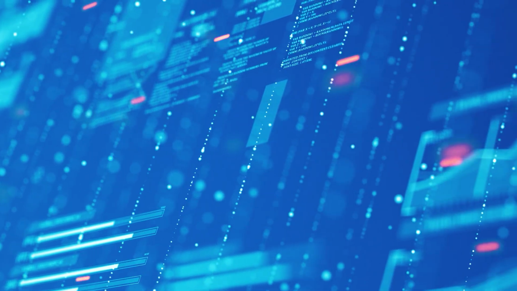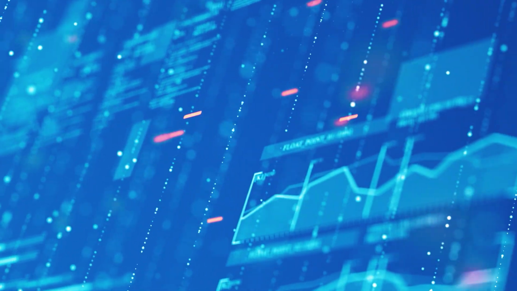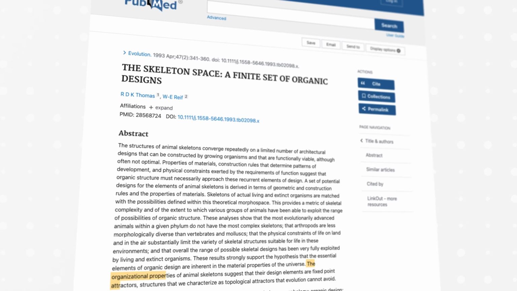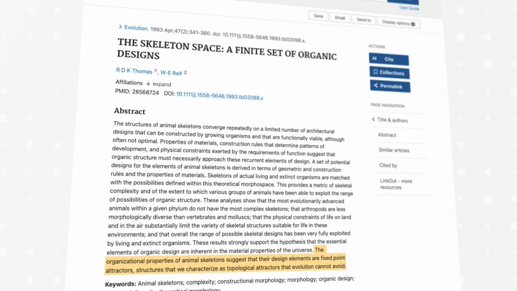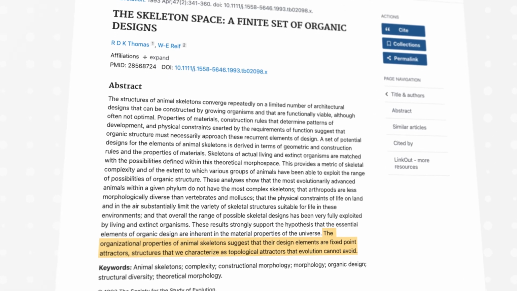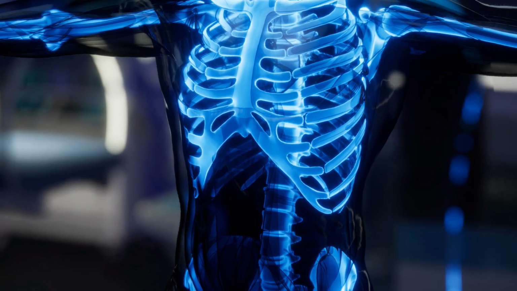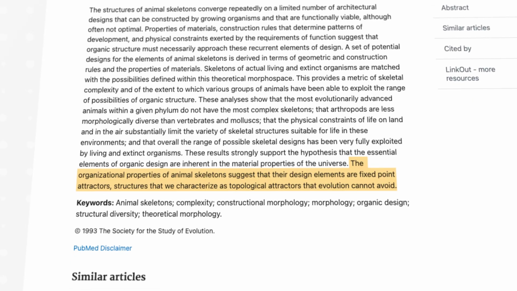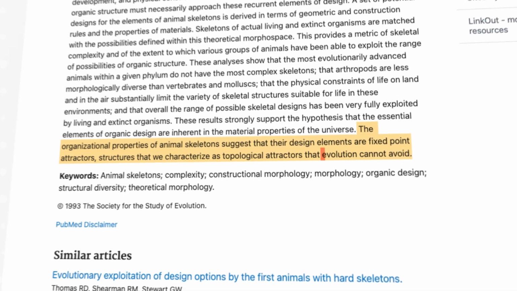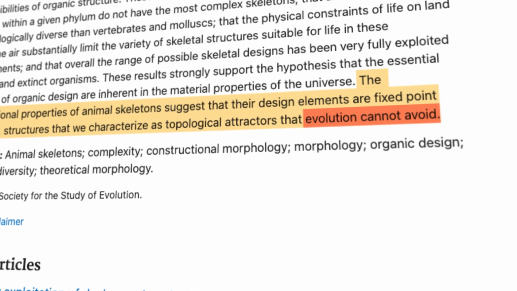Probably. I am not advocating the idea of a grand design here. It is just that modern data can also be interpreted in this way. And this is a completely scientific point of view. For example, here is another notable study where the authors claim that out of the almost infinite number of skeletal forms that are theoretically possible, we have only a few. The authors explain this quite simply. Evolution could not avoid these forms.